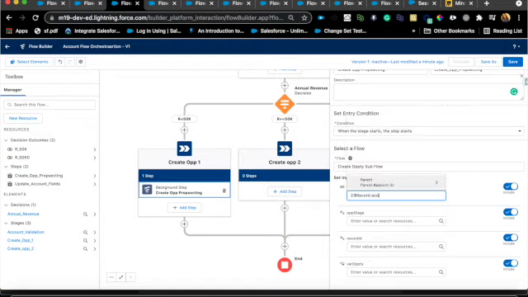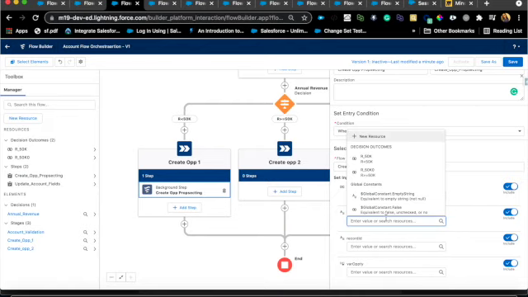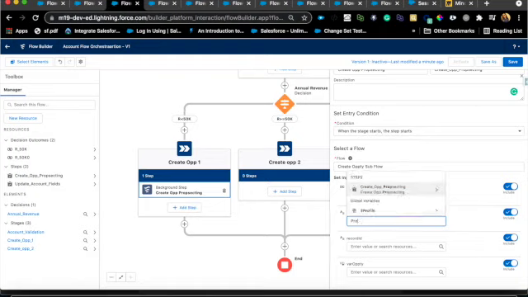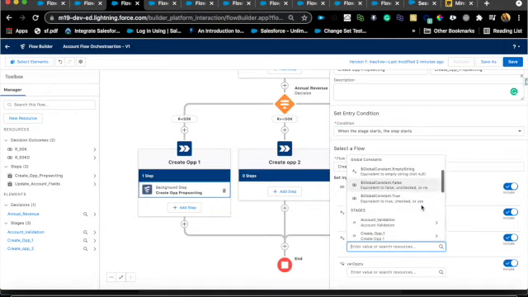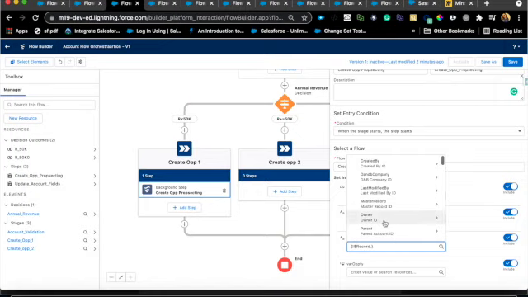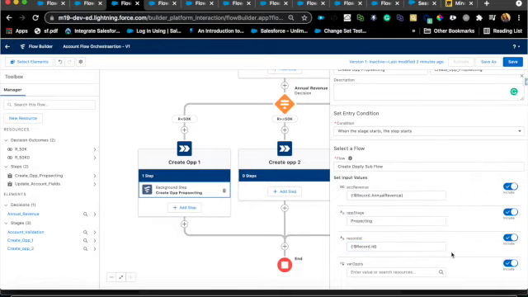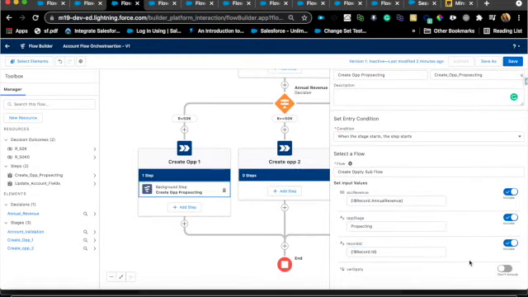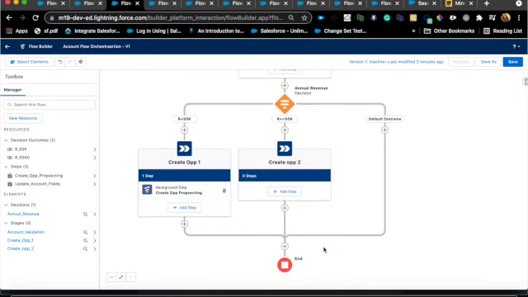Record dot annual revenue. And stage, I'm going to hard code it here, prospecting, because we talked about that's the requirement. And record ID, I think it's the account ID that I need. So I'm going to pass that as well. Account ID. And that's pretty much all I need for this one. So I'm creating an